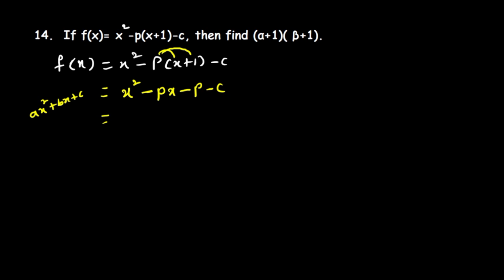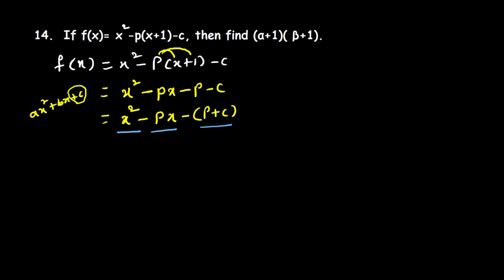So I'm going to write this like ax square, meaning here x square, and minus px because it is the x term, and I want a constant term here. That means I'm going to take minus common from this, then I have p plus c. So this is now x square, x term and constant term. You can observe the x square term, x term and constant term.